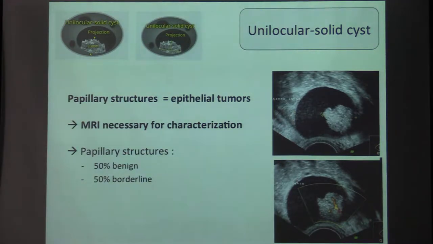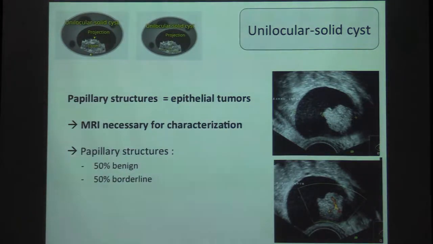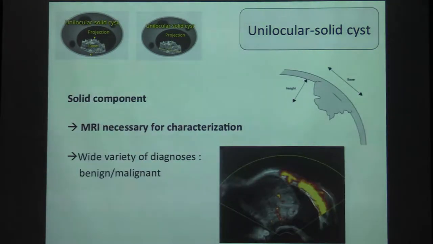Then you can have a cyst with a papillary structure, which defines the epithelial tumors. When you have one, MRI is necessary for characterization, as you can see papillary structures in benign tumors and in borderline ones. Then you can have a cyst with a solid component, and in this situation too, you have to perform an MRI to correctly characterize your tumor, as there is a wide variety of diagnoses from benign tumors to